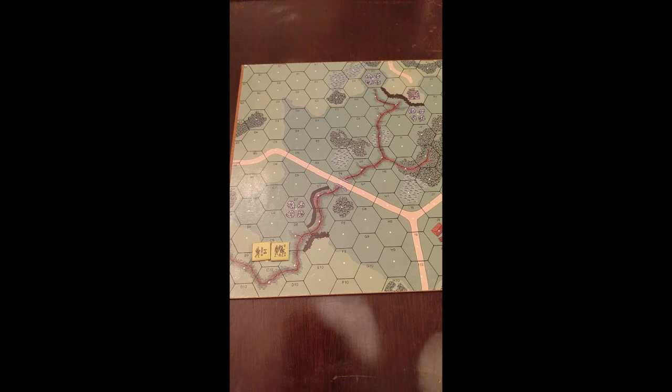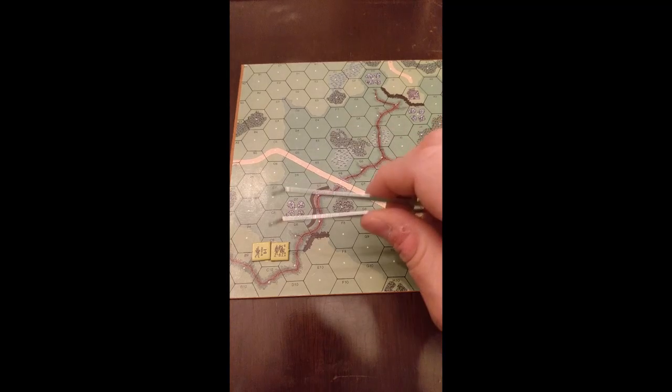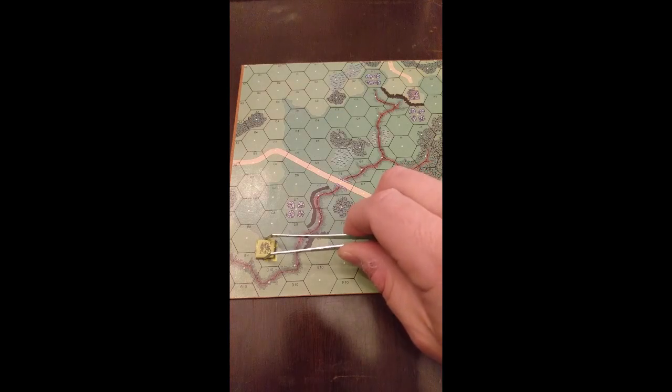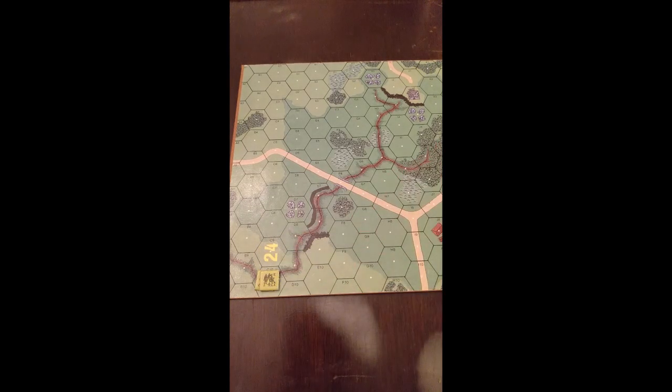All right, so we're going to go into C10 and enter the gully. So let's get our two squad counters together, move into C10 in the gully, and that takes 2 movement factors, because it's one to move into the hex and another to get us to that lower elevation into the gully. When we move into a gully, there is a movement cost for doing that.